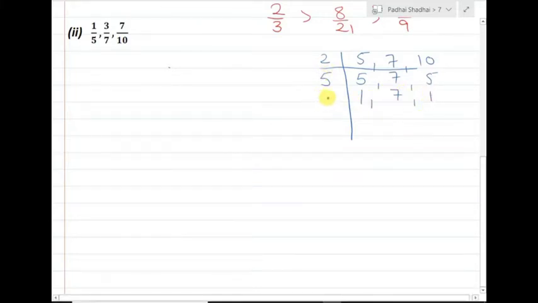Now 7. So all 1 we will get. So the LCM is 2 into 5 into 7. So the answer is 70. Now we have got the LCM. For making the base same or denominator same for all the terms, first 1 by 5,